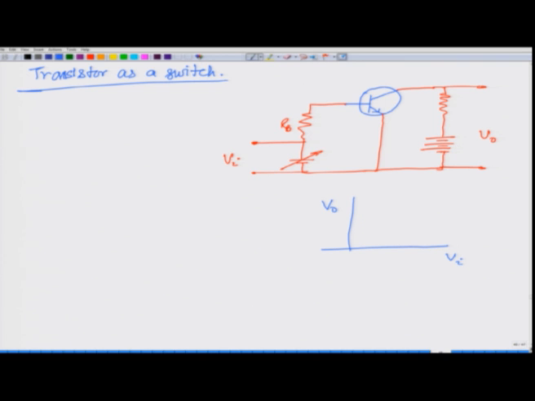Start with Vi very small, let us say 0. So, that means I am forward biasing this base emitter junction with almost 0 voltage. I am not biasing it at all, and therefore,